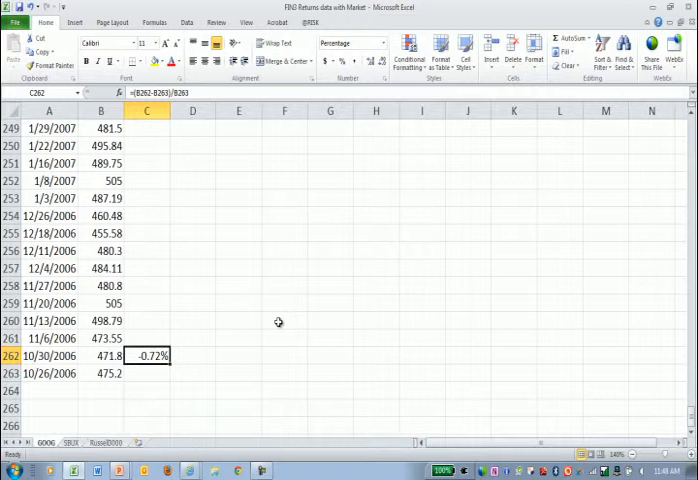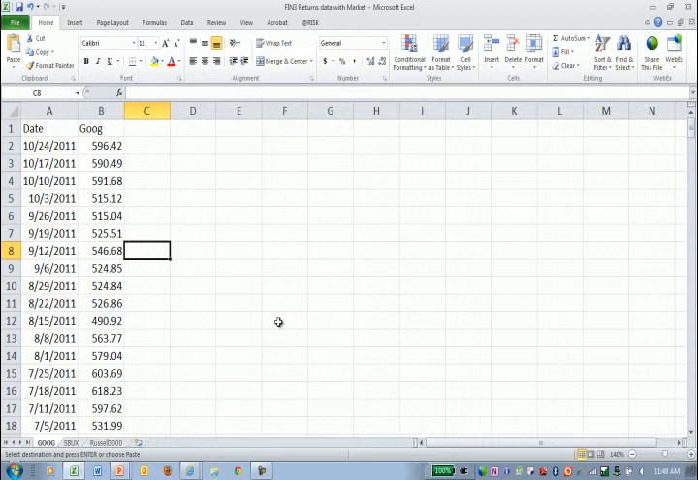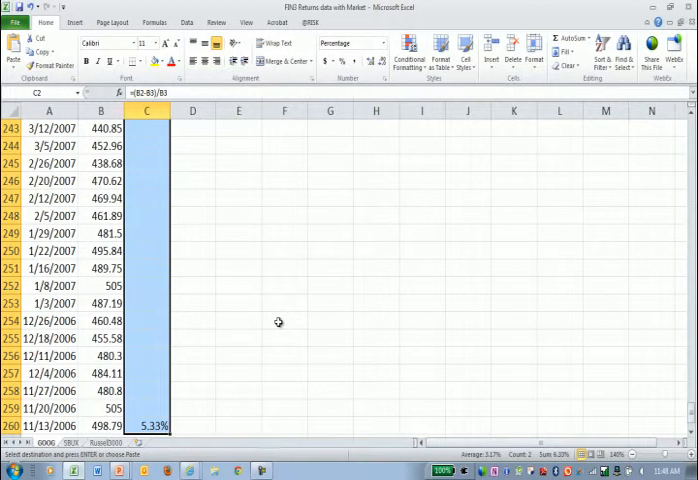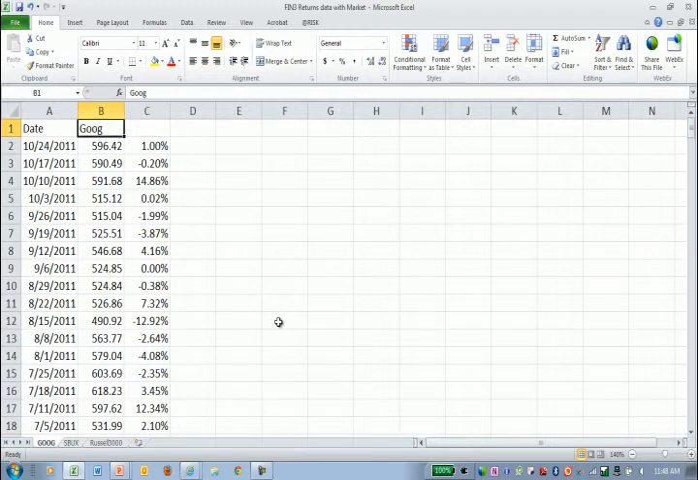Okay. What about the following week? Well, we would have made money, right? We would have made a little bit. What about the following week? And so on, okay? So we can do every week if we want to get to each weekly return for Google. So does everybody see what this 12.92% represents? That represents the 1 week return. If you bought Google at 563,